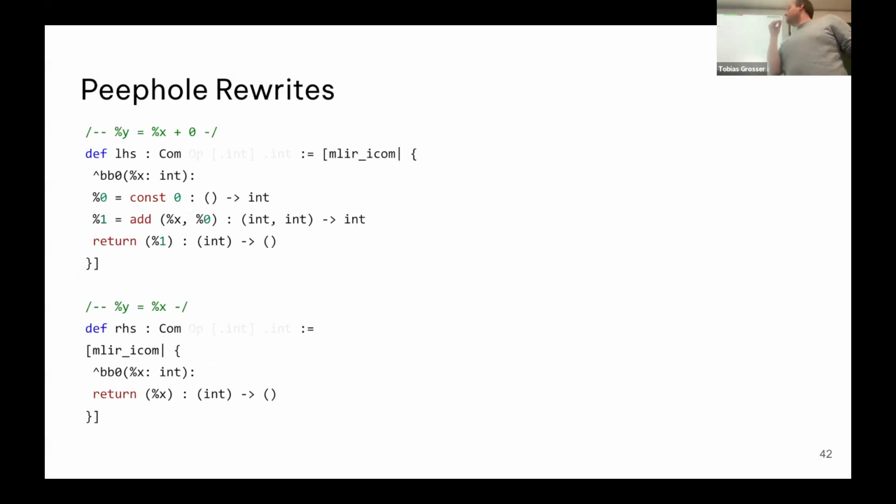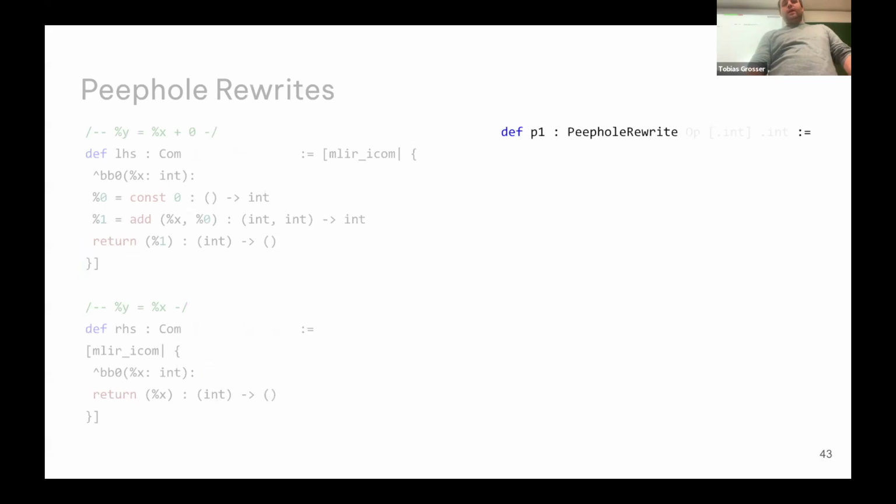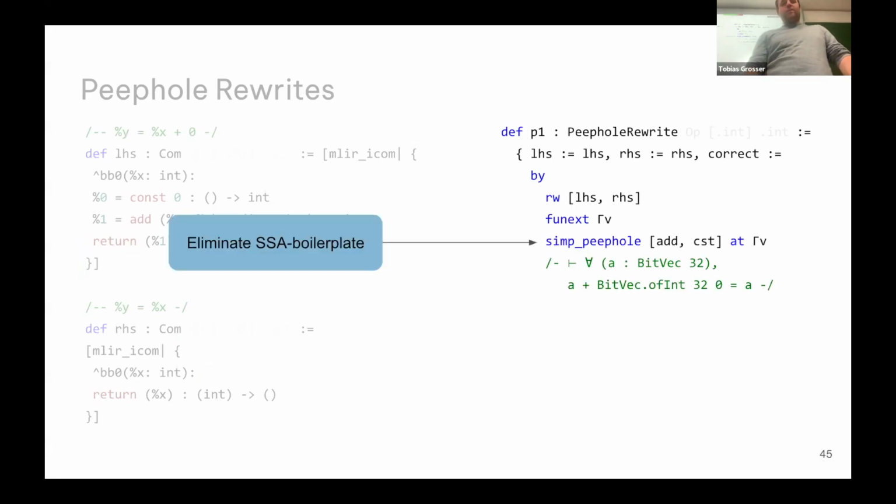But then we can build this workflow of just copying before and after compiler programs into Lean, and then we can state a property about what we call a peephole rewrite, which says if you take a left-hand side and a right-hand side, and you give a proof of correctness, then you know this local rewrite is correct, which is pretty much what Alive does. And then we wrote a lot of tactics that get rid of all our compiler boilerplate and leave us with,